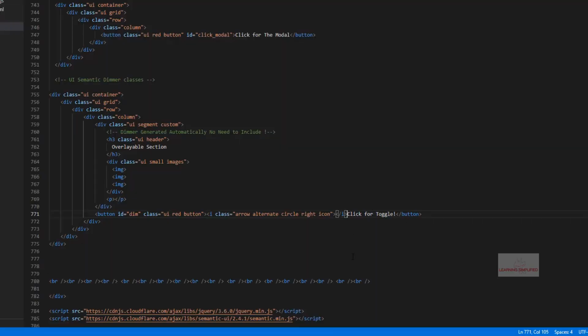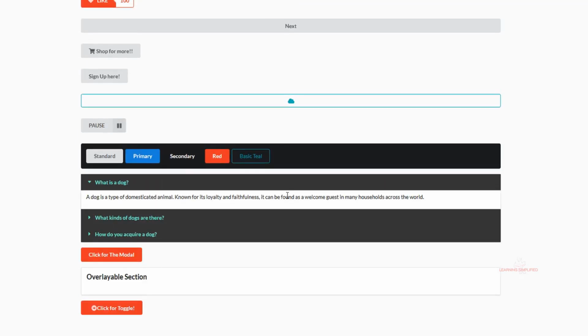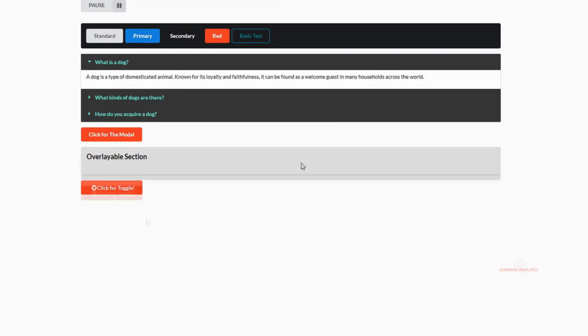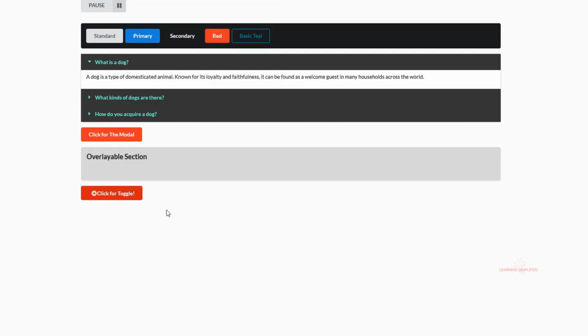And to create a definite space, let's put a space right before this text format. Head back to your project, reload, and you can see that the space is on. So we can see that we are able to create our own overlayable section into our page without affecting the rest of these containers here, and we are able to toggle this overlaying section right over here just by clicking on a particular button.